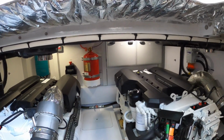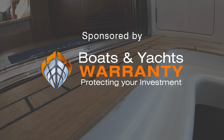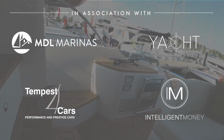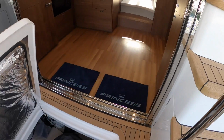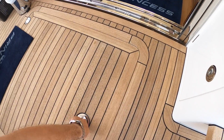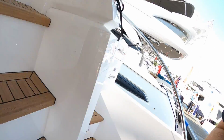Lovely. Okay, let's head out of here because I think we've just about covered it. We'll drop that one back down there, and then we'll stand here and say